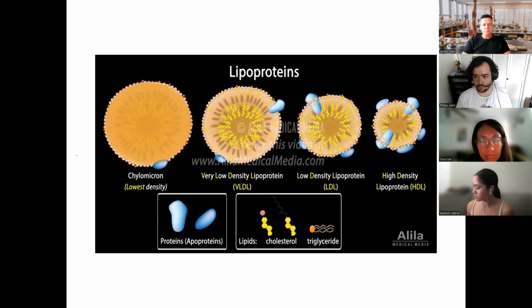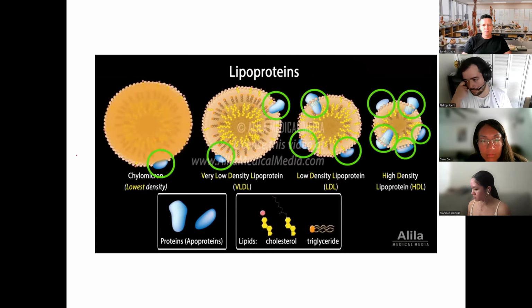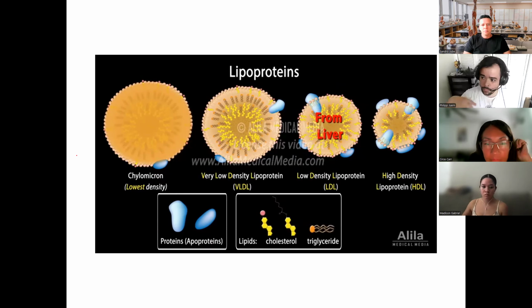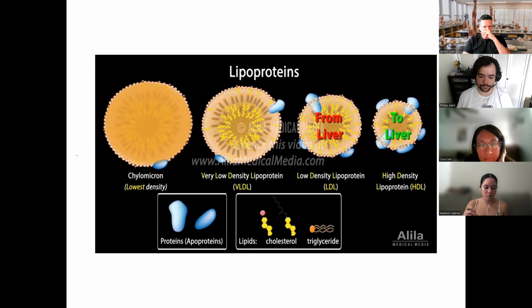Different types of lipoproteins have different sets of proteins on their surface. These proteins serve as address tags determining the destination and hence function of each lipoprotein. For example, low-density lipoprotein, LDL, carries cholesterol from the liver to other tissues, while high-density lipoprotein, HDL, returns excess cholesterol